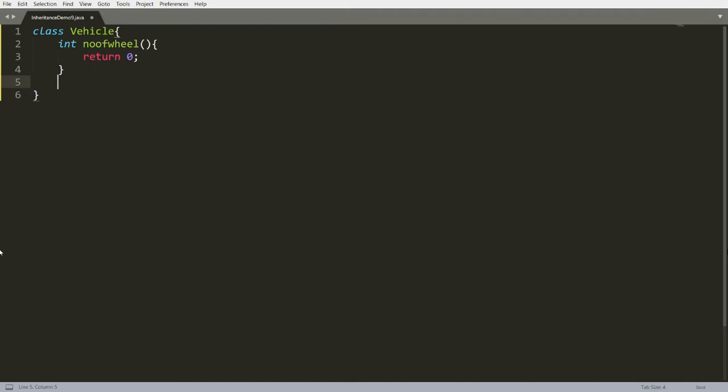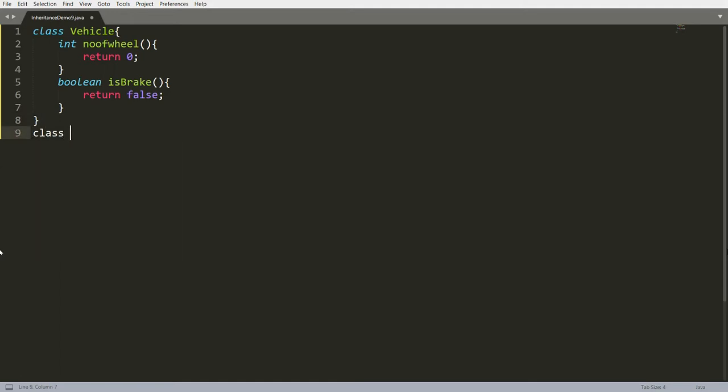We all know that each and every vehicle has the functionality of a brake. So is a brake available in the vehicle? Again, this functionality depends upon which vehicle it is. So by default I am writing return false here. So there are two functionalities available in my class Vehicle.